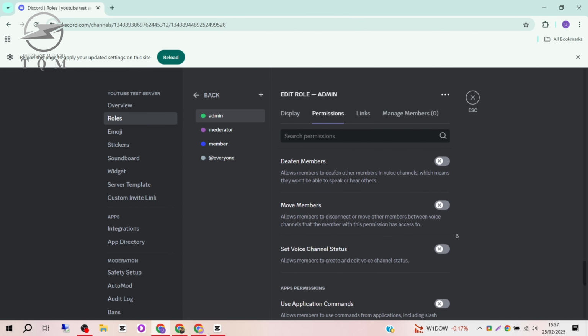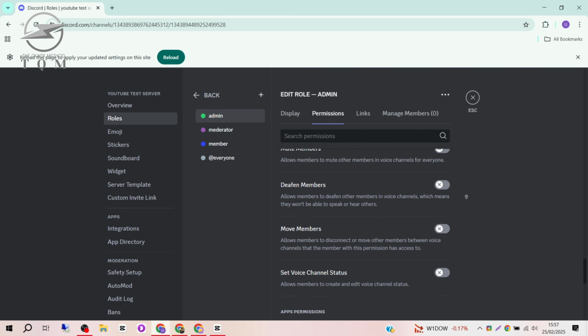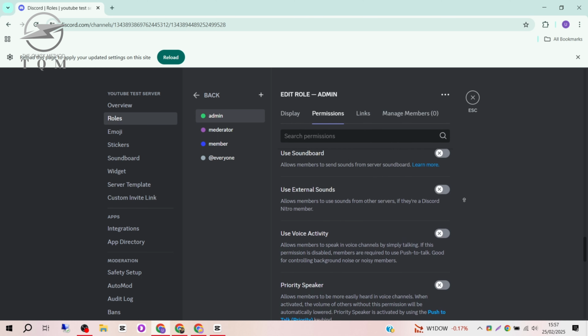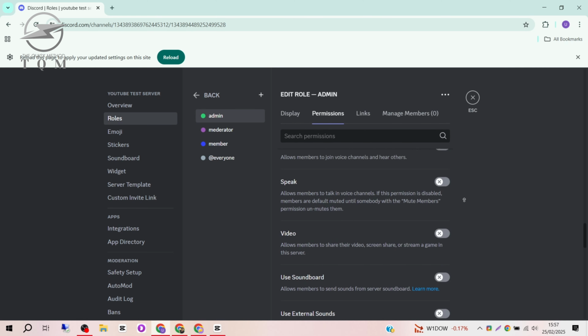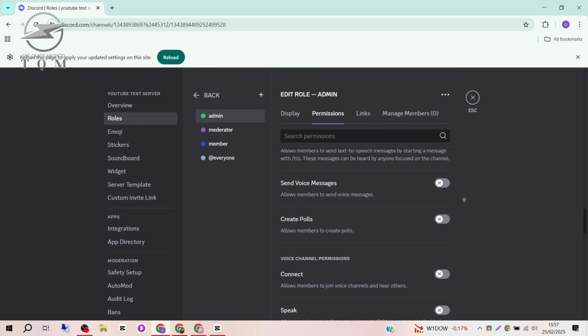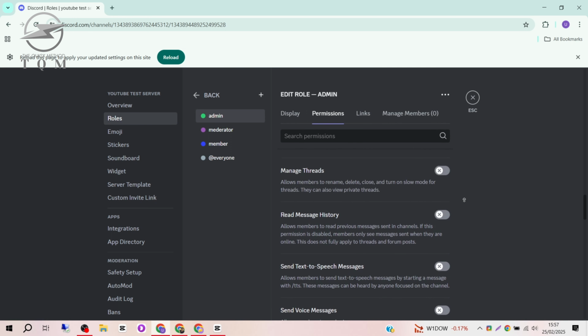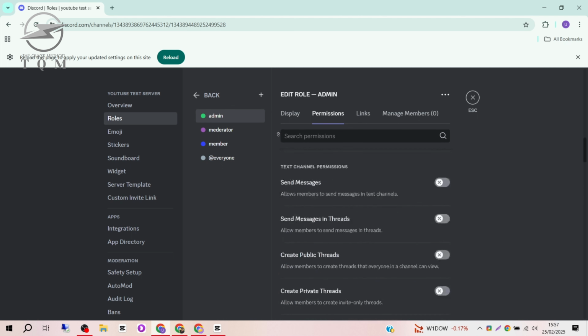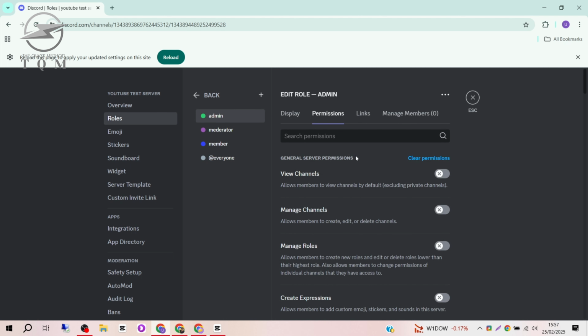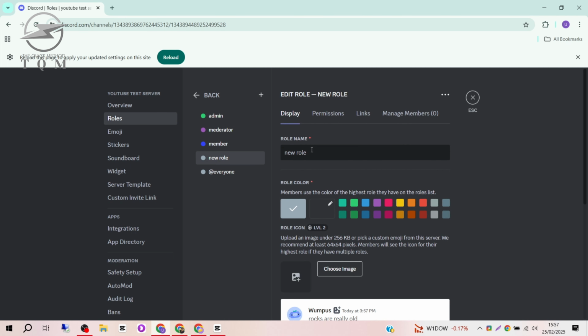Today, we're going to dive into setting up your own Discord server. This tutorial is for everyone looking to create a fully functional server with the right permissions and bots to enhance the experience for your community. Let's get into it. First things first, when you set up your server, you want to make sure that your